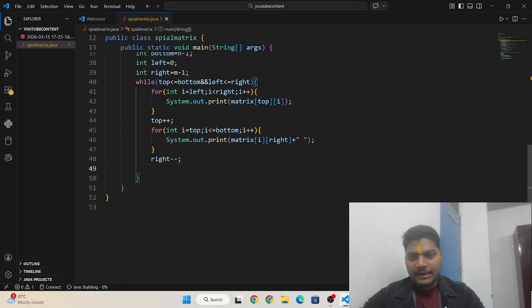Okay, and after printing the right column, we need to print the bottom row.